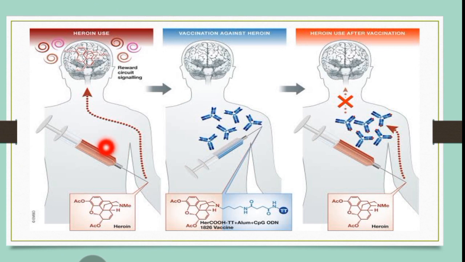These pictures show a person that is addicted to heroin. Then vaccine is injected into the person addicted to heroin, and the third picture shows heroin use after vaccination. In this picture, the patient is using heroin, and the same person undergoes the vaccination process, and this picture shows heroin use after vaccination. I mean, these pictures show the changes in the human body after the vaccination process.